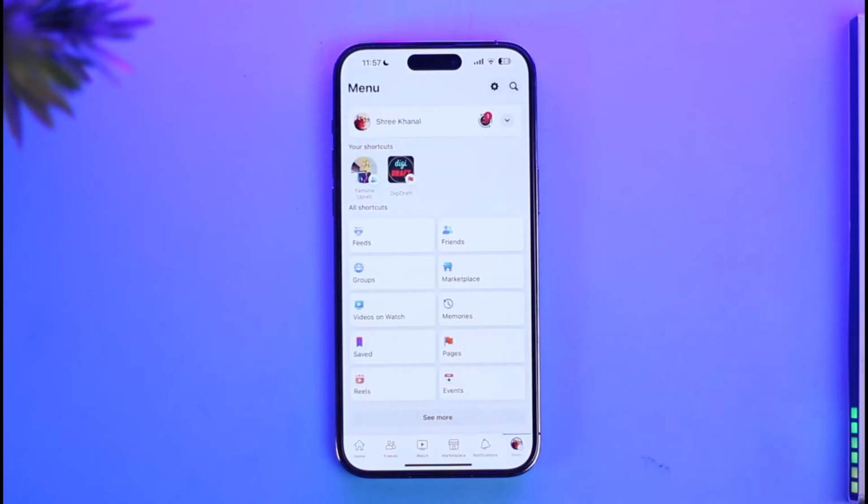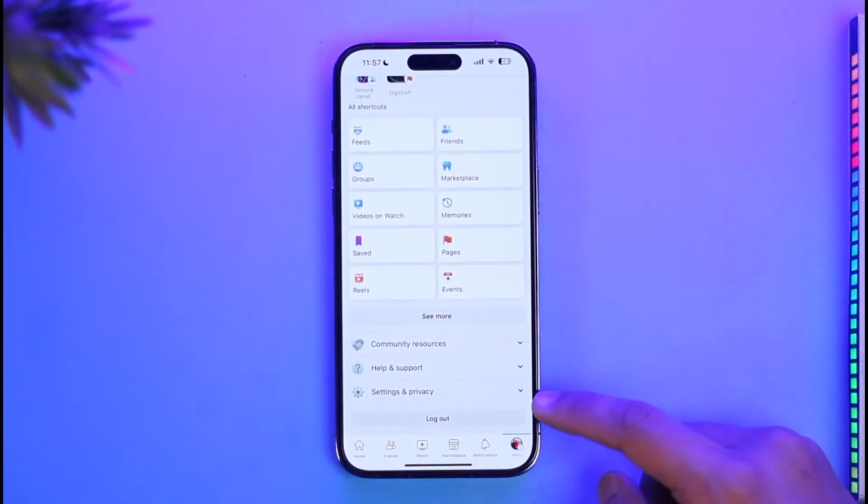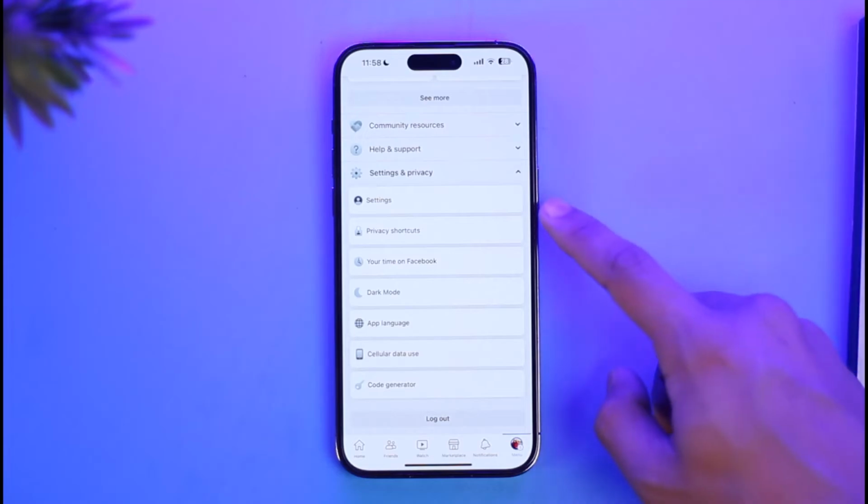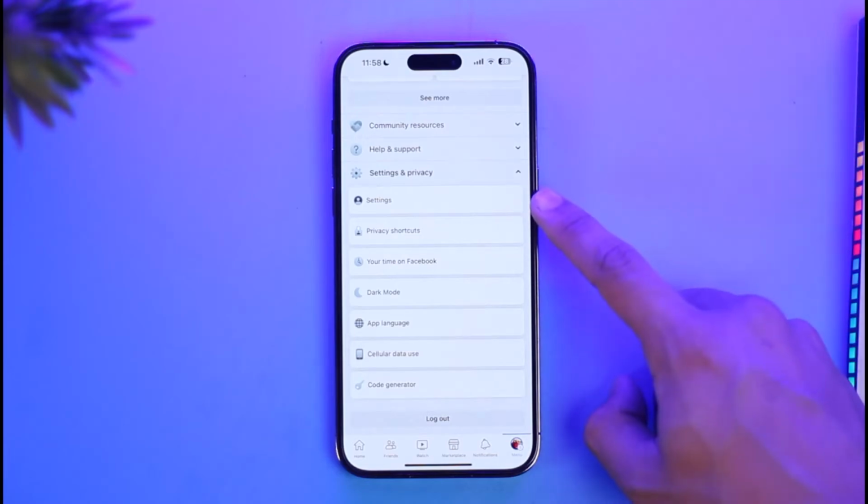Once I tap the three lines icon from the bottom right, I just need to scroll down to the bottom, and then here you'll find the option called settings and privacy. So I'll just tap on settings and privacy, and once I tap on settings and privacy, here I will find the option called settings, right? So all I need to do is just click on settings, but